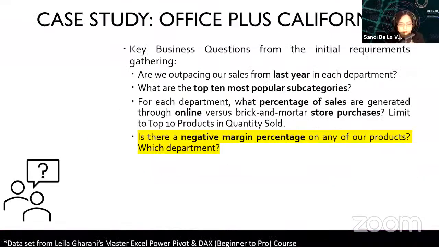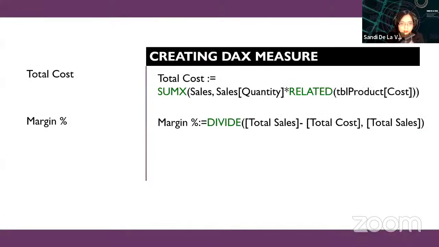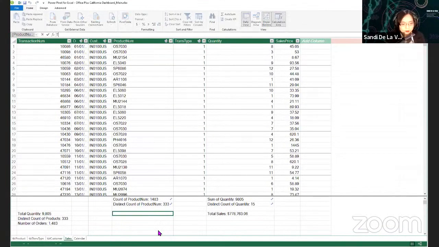The next set of DAX measures we need to answer our business question is to calculate, for example, the margin percentage. And in order to get the margin percentage, our data doesn't have the total cost. So we need to use more DAX. You're now familiar with the SUMX. We can use it for our DAX measure of total cost. Let's go back to the Power Pivot window. Just type anywhere here, total cost,